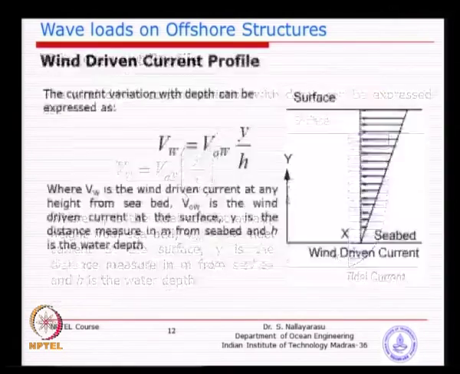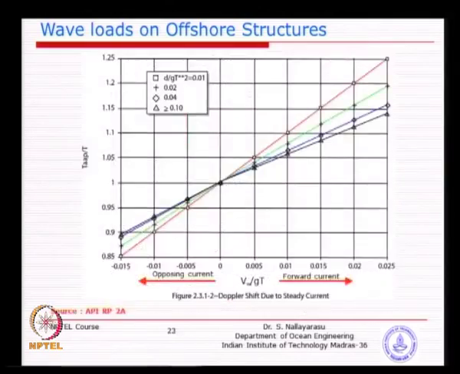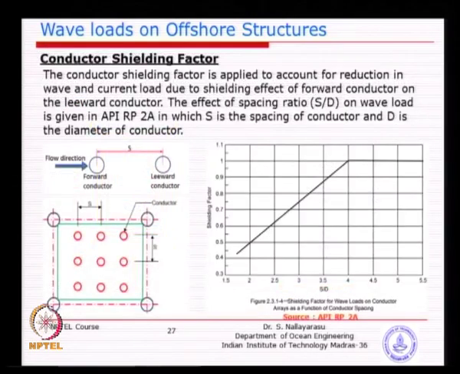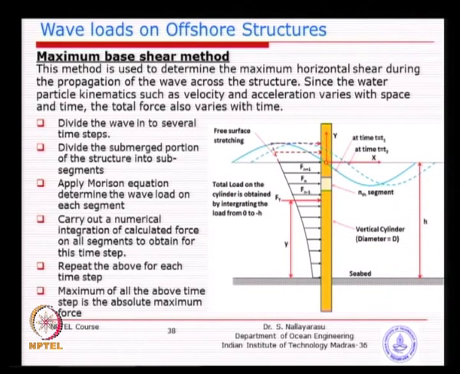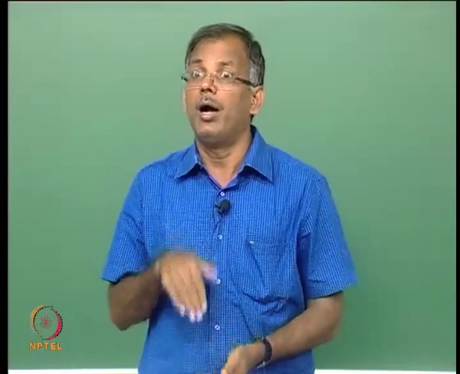So, we go back here; there are several methods of doing it. The easiest method is to divide the whole cylinder into several pieces, like you see here. So, if it is 10 meter, divide the cylinder into 10 pieces of 1 meter each. For each piece you take a coordinate, x is always going to be 0 because it is a vertical cylinder, and z is going to be 0, minus 1, minus 2, minus 3, minus 4, up to minus 10.